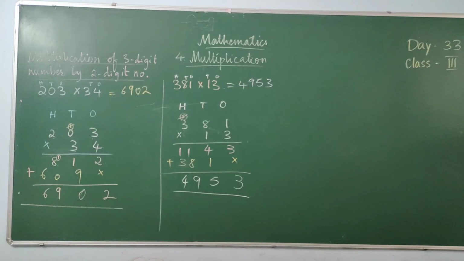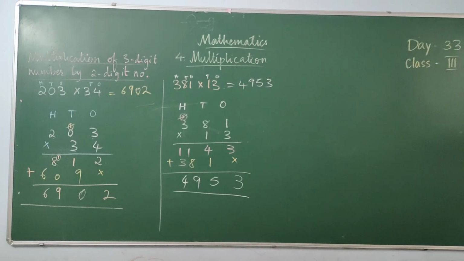Since May, I have been reminding you, and I have been giving you one table in one week. Even if you did not do that, two to three tables you had already learned. In one month, one table also you did. I hope you all are perfect till 9. Even if you are not, I request you, till you come to school, I want your perfection in the tables. It is on you. After coming to school, if you are not perfect in tables, then that is not in my hand.